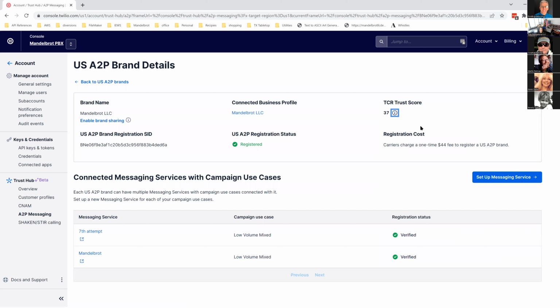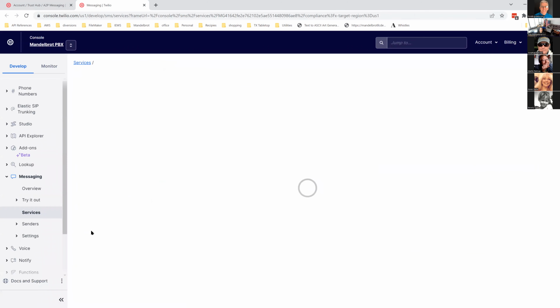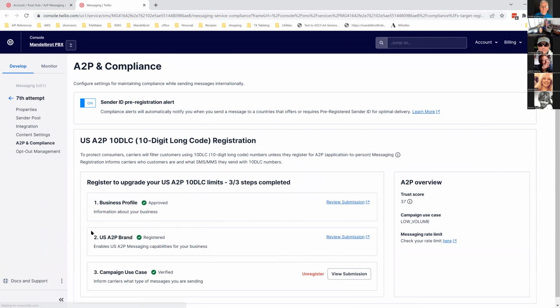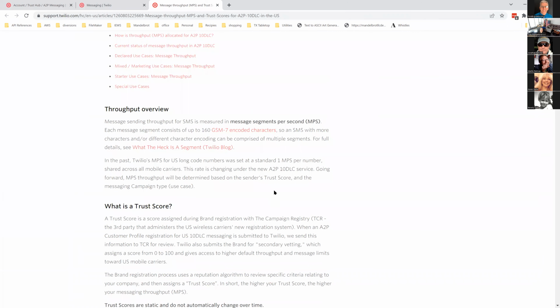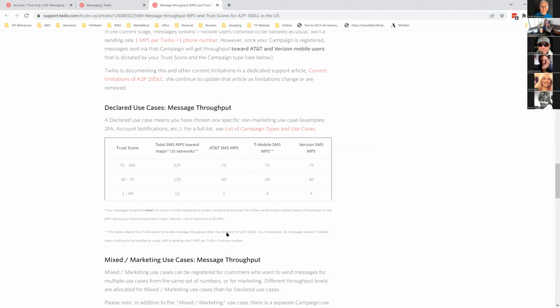But then there's another spot in here. Was it this one? It's been a while since I've been in this part. Where's my message limits? Check your rate limit here. There we go. So scores are between 1 and 100.